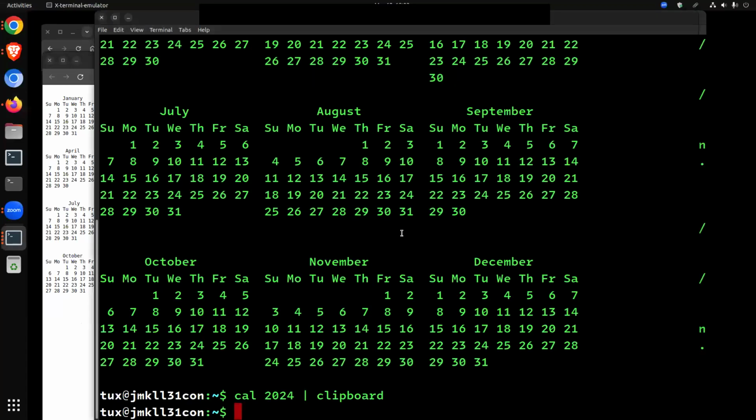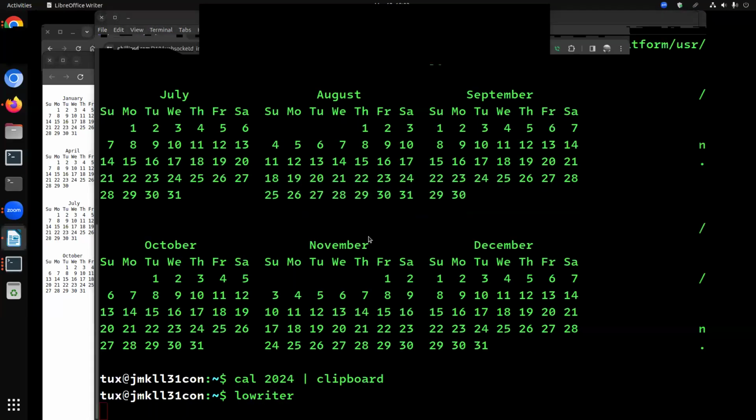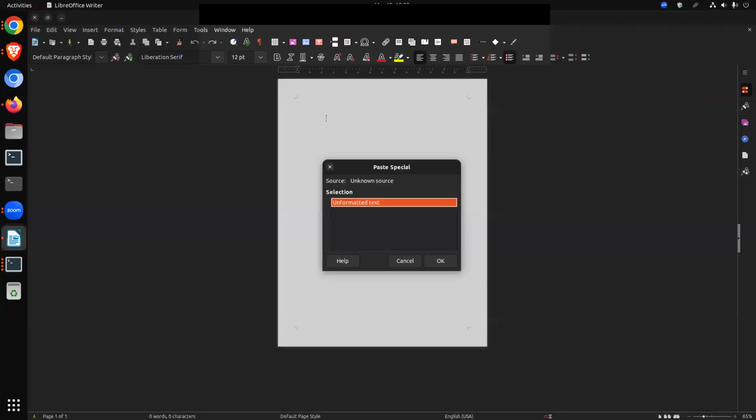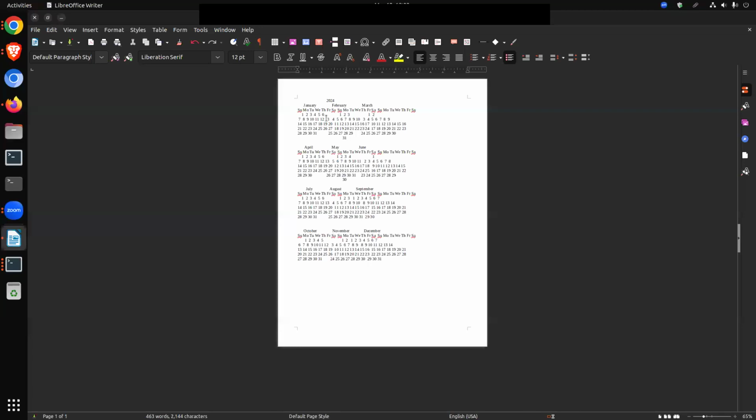And for the sake of argument, let's do LibreOffice Writer here. And because it's in my cut buffer, the clipboard works really well if I have X windows. Because if I look at my functions,